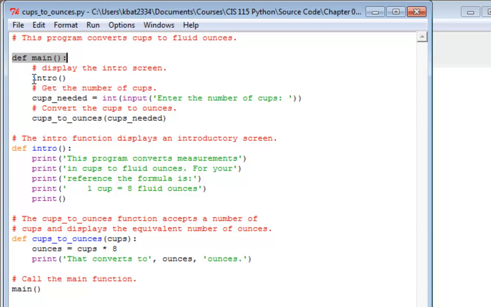So intro, when we get to this point where we're calling it, remember the control is going to pass to that function. So we're going to come down here to where the intro function is defined, and you'll see this is just a series of print statements. So we're going to print out some information on the console. Then control is going to come back up to main, and we're going to prompt the user to enter cups